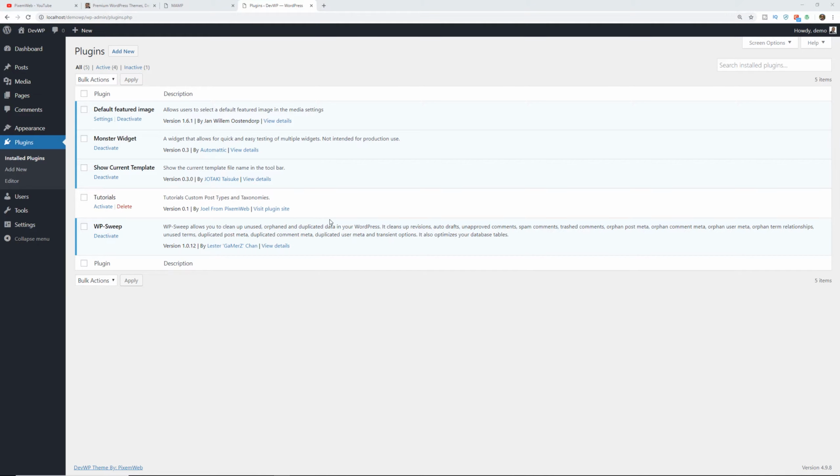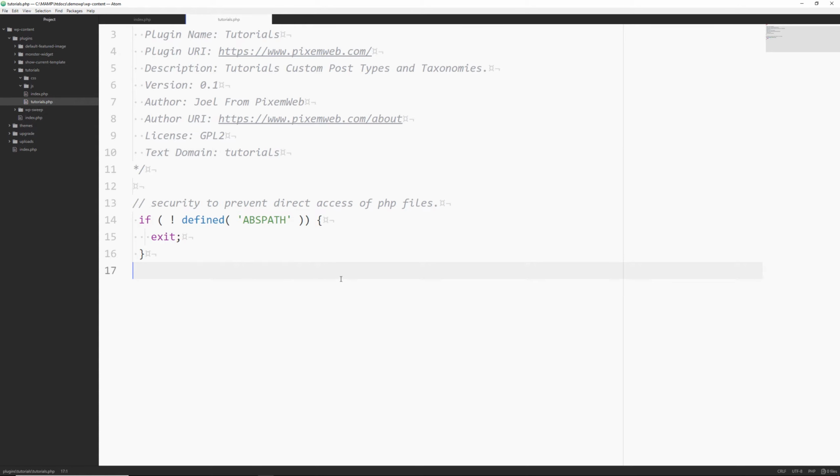All right, so we're not going to activate it now because we want to make sure that we put in our code and we want to take care of flushing the rewrite when the activation of a plugin is triggered. So we're going to go back to our text editor. Going to go right here. And what I'll do is I'm going to first create our function for the custom post type. So what I'll do is I'll go to a new line right here.